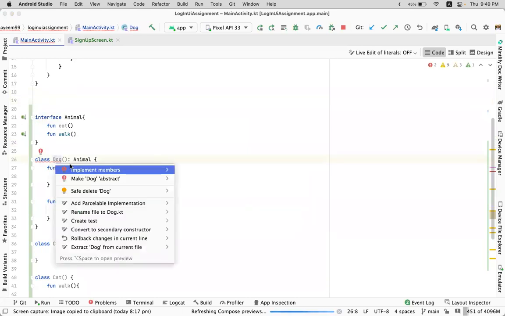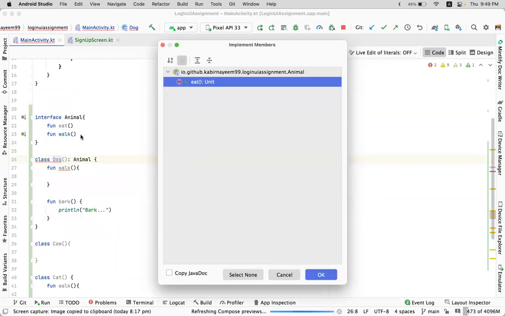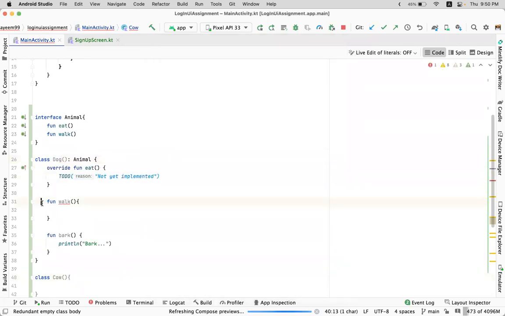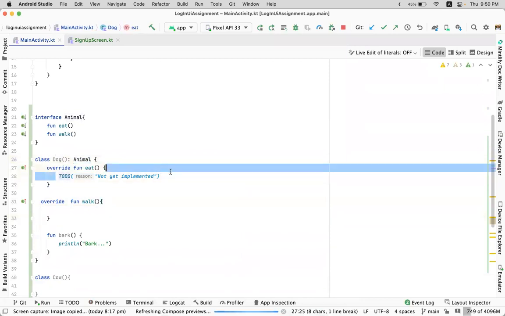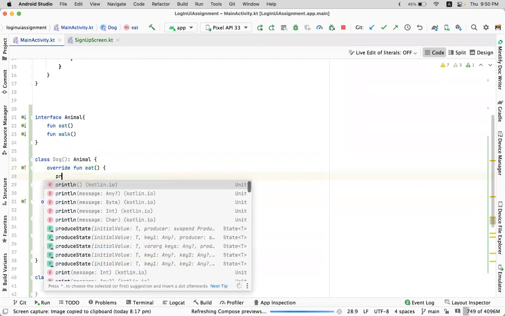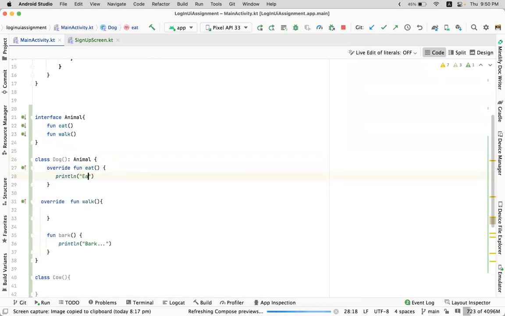To fix this error, we have to implement the members. That means the way we walk and eat, we need to implement it here. We can't forget, because in an interface, if we don't write functions for eat and walk, it will give an error. So here we can say something like eating,